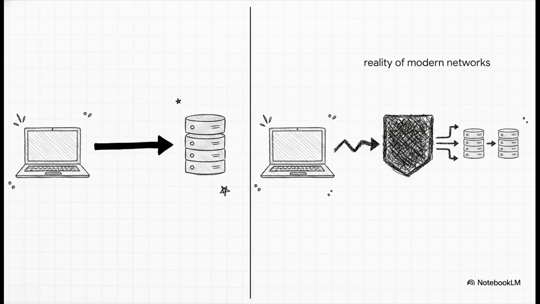When you visit a basic website, you probably just assume your browser initiates a standard handshake right with the final destination, like it's a straight shot, right? But modern enterprise networks and massive cloud applications, they absolutely cannot survive on basic direct connections. They desperately need highly intelligent intermediaries to control, route, and protect all that communication.